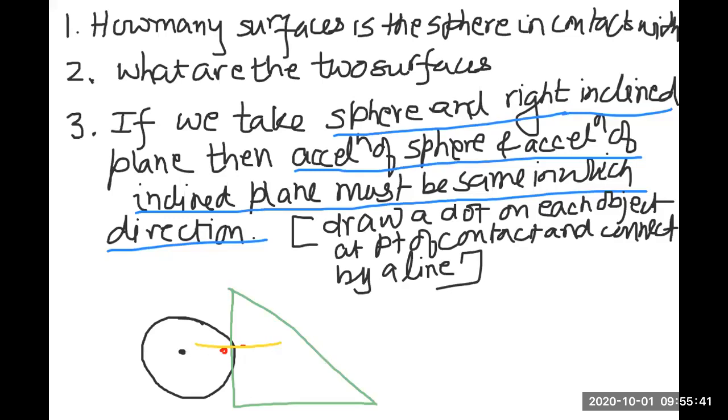ये हुआ इसका एक्सेलरेशन अगर 2 मीटर पर सेकेंड स्क्वायर है लेफ्ट की तरफ, तो ये स्फीयर का एक्सेलरेशन भी 2 मीटर पर सेकेंड स्क्वायर होगा लेफ्ट, राइट। अगर इंक्लाइंड प्लेन का एक्सेलरेशन टुवर्ड्स द लेफ्ट इज 2 मीटर पर सेकेंड स्क्वायर,